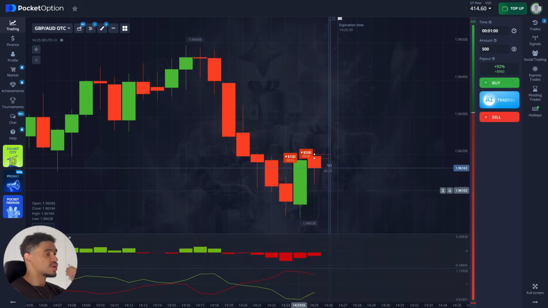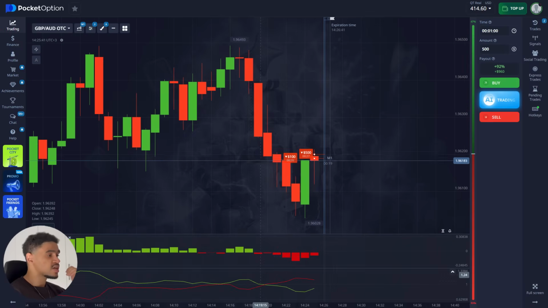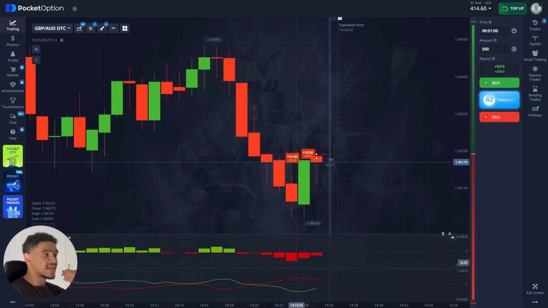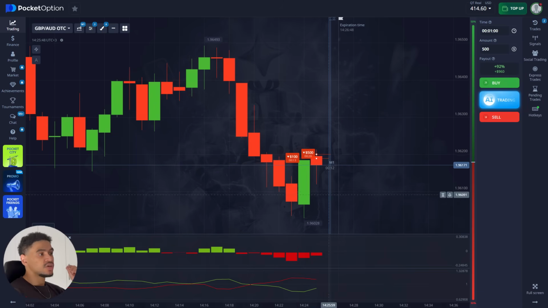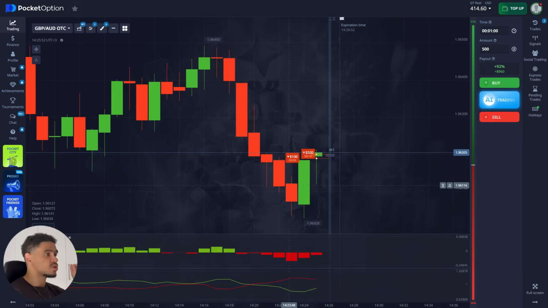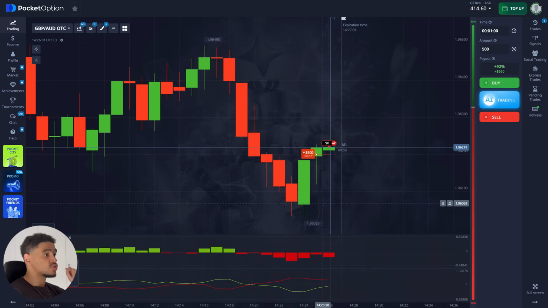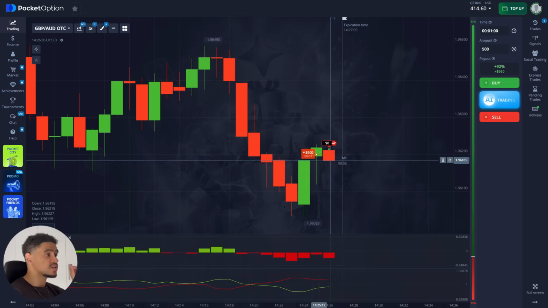If you have already missed the cross, if you are not entering right at the cross and you see the shift a little bit earlier, but you are not entirely catching it, make sure to observe that you are not entering on this solid green candle, because you don't want to get caught off guard here by this one. This can very much happen when you are a little bit late. We lost the $100, but it's fine. We're still kind of on track to getting all $500 here. And there you go. We only lost one trade.